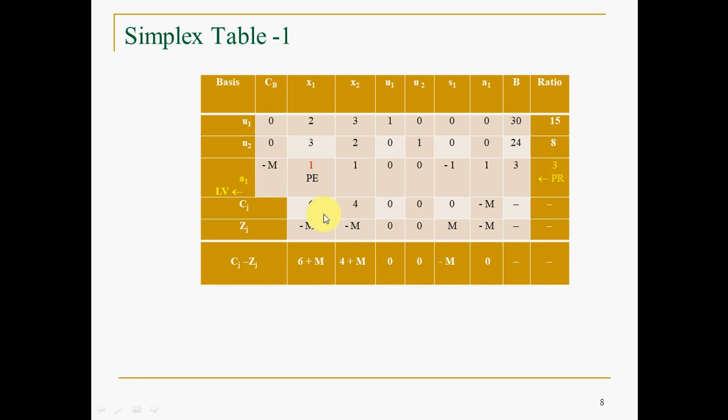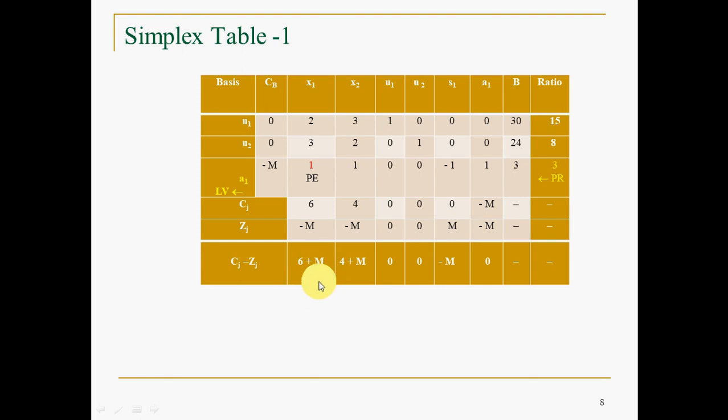Then Cj minus Zj is just this minus this: 6 minus of minus M plus M, 4 minus of minus M, all this we will get. Now what is your observation? If all these Cj minus Zj are less than or equal to 0, the solution is optimum, like in the simplex method. But here M is a big value, no? 6 plus M is bigger or 4 plus M is bigger? 6 plus M is bigger. You have to identify the highest value of Cj minus Zj. So that is PC. PC stands for pivotal column. So the highest positive value of Cj minus Zj.